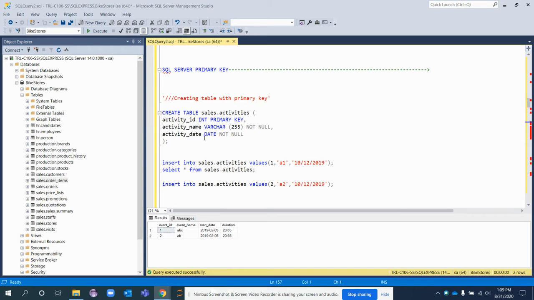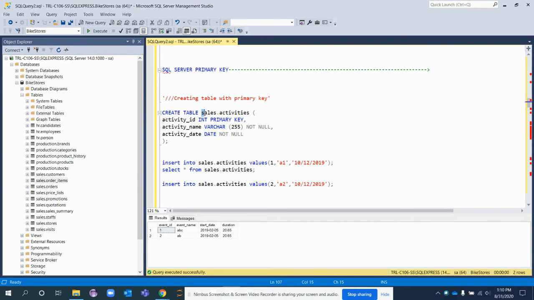Here in the example, we are going to create a table with a primary key which consists of only one column. So this is the highlighted SQL query for the creation of the table.